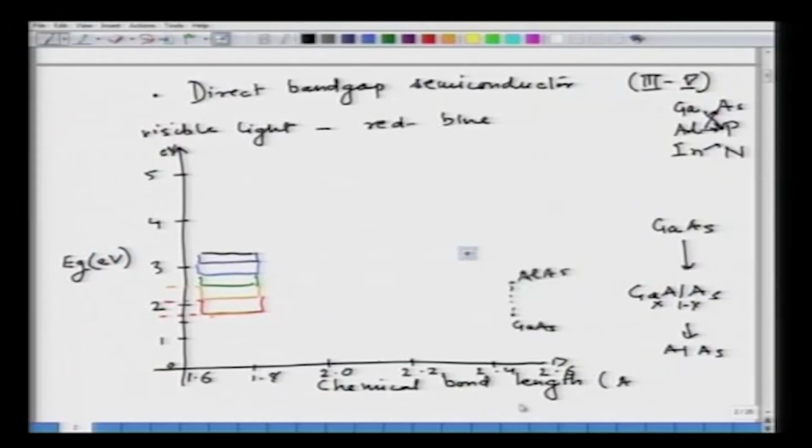Here you have aluminum phosphide, it comes somewhere close to the green range, and we have indium phosphide, and gallium phosphide. So, if I try to cover this triangle, what I have is,